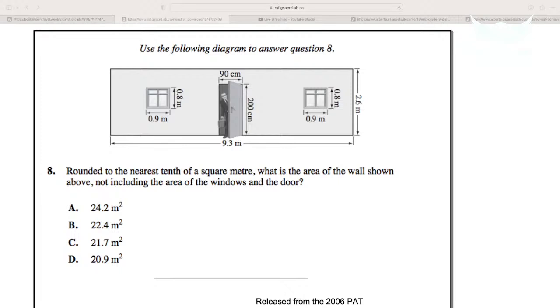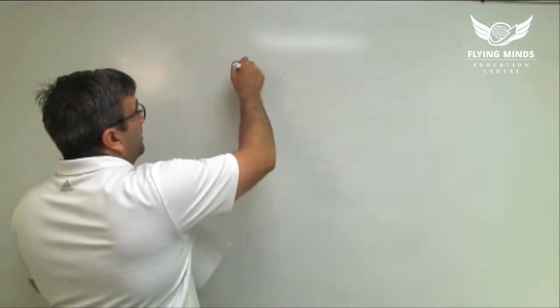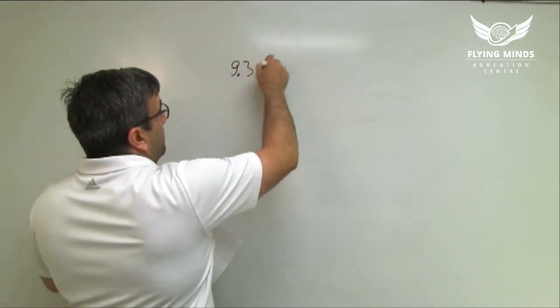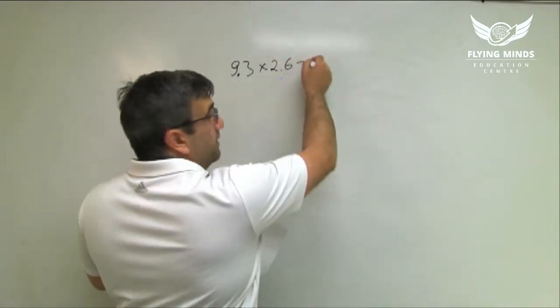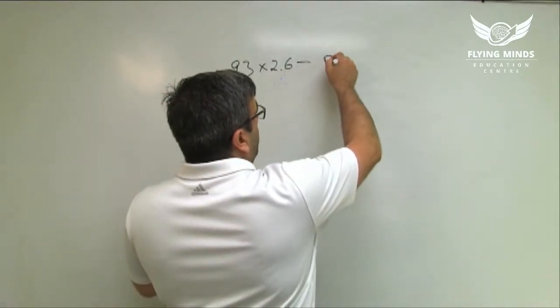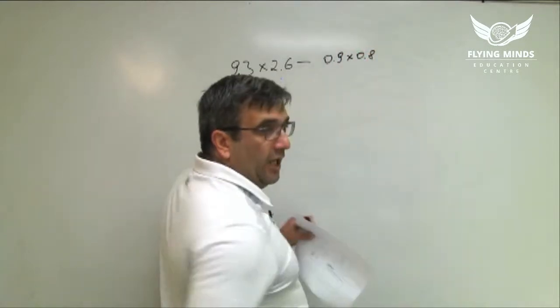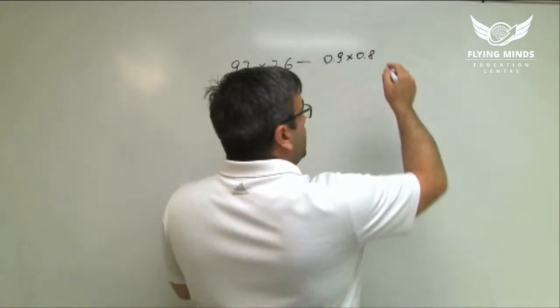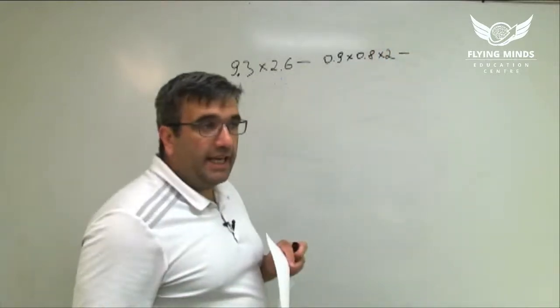So it's 9.3 by 2.6. 9.3 times 2.6, and subtract the areas of the windows, right? 0.9 times 0.8, and we have two identical windows, so we multiply it by 2, and minus the area of